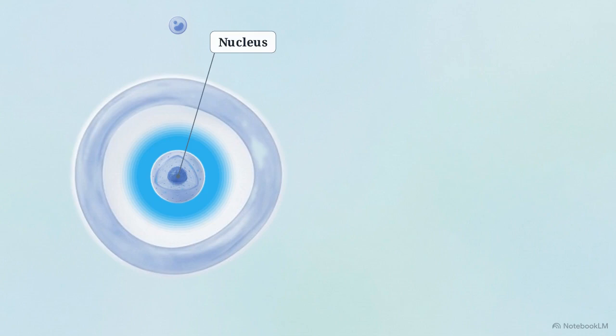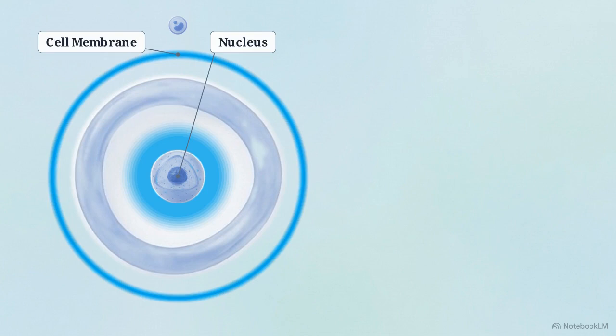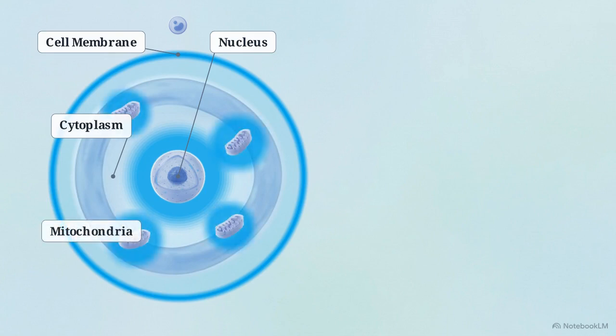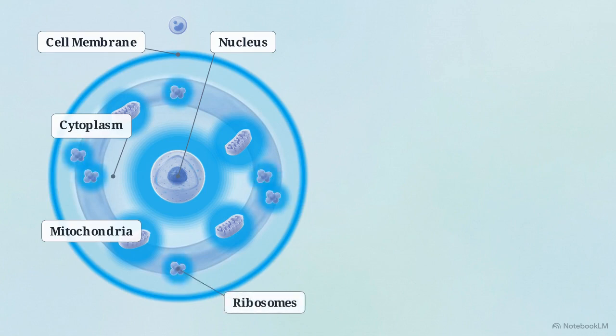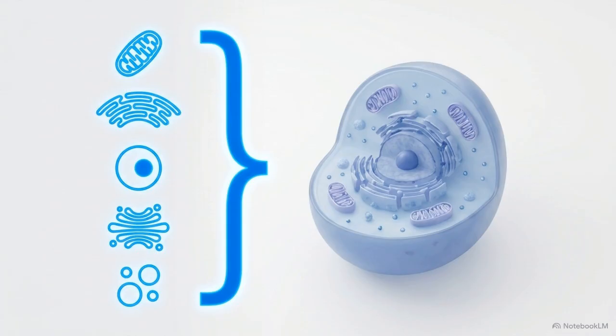Inside, you have the nucleus, which acts as the control center holding the cell's DNA. Wrapping around the outside is the cell membrane, acting as a strict boundary to control exactly what enters and leaves. The remaining space is filled with cytoplasm, a jelly-like interior where most chemical reactions take place. Scattered throughout are the mitochondria, the power stations that release energy, and tiny ribosomes that serve as factories to build proteins. These 5 parts, nucleus, membrane, cytoplasm, mitochondria, and ribosomes, form the mandatory core architecture required for any eukaryotic cell